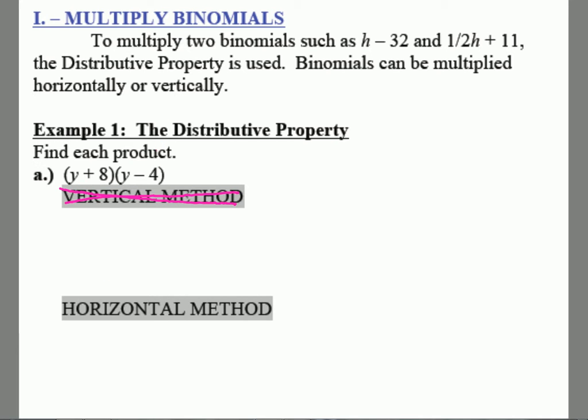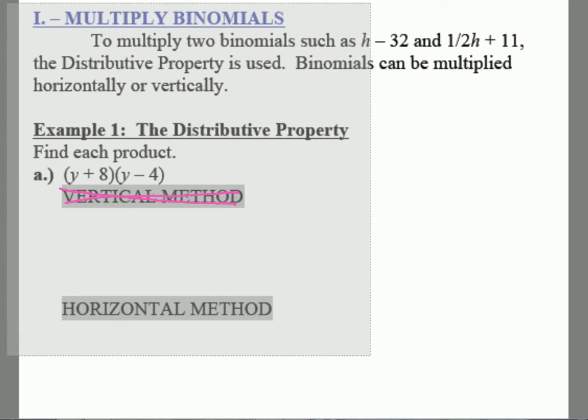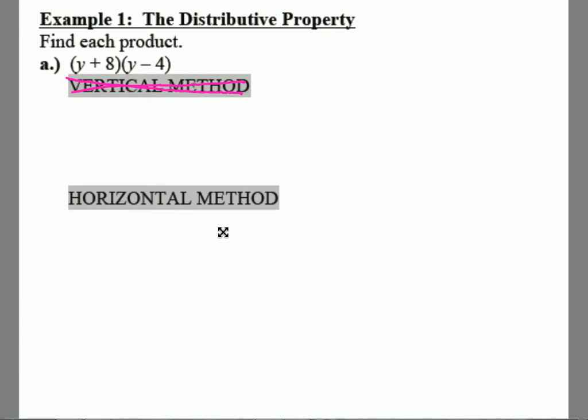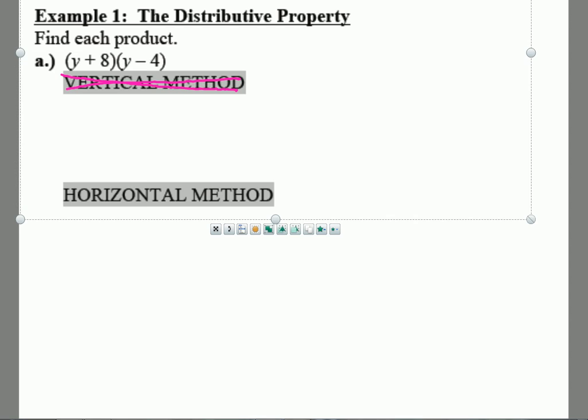If we do the horizontal method, you're going to take this y, and it is going to be multiplied by both items in your second set of parentheses. But then we're also going to be multiplying the 8 times your other two terms as well. So we're going to take y times y, and that will give you a y squared. And then we're going to take y times a -4, which will also multiply. Y times -4 gives us a